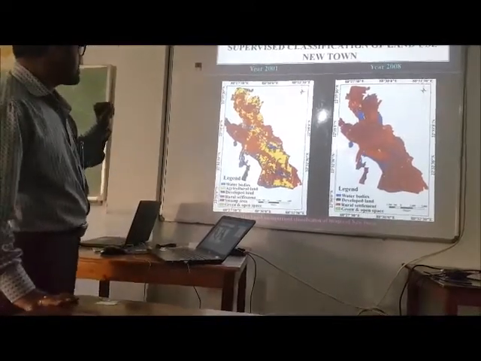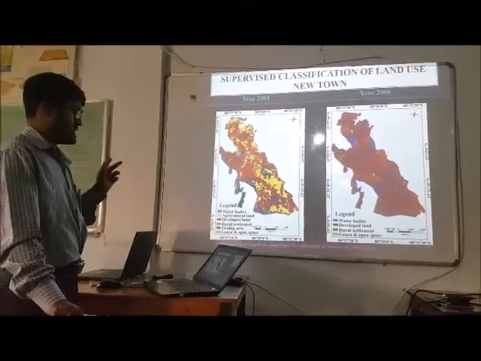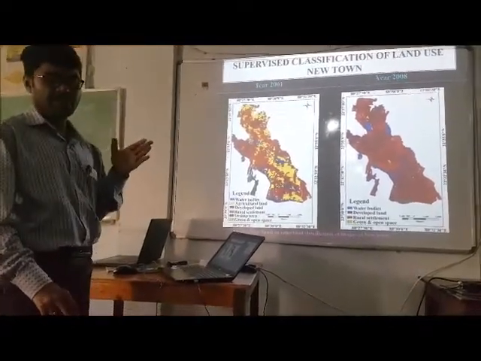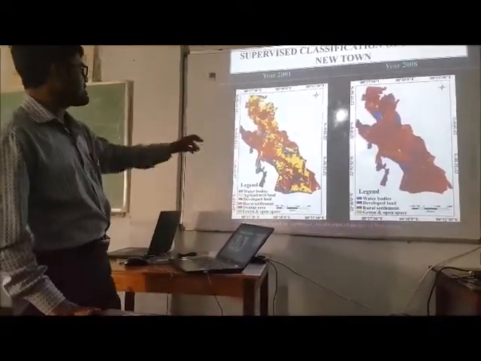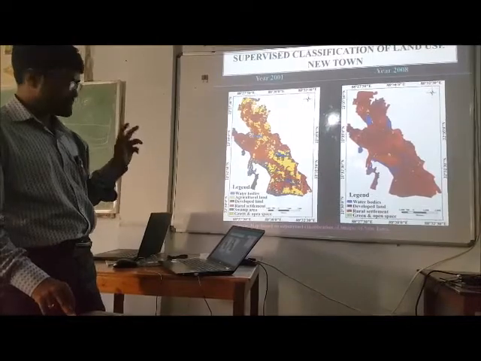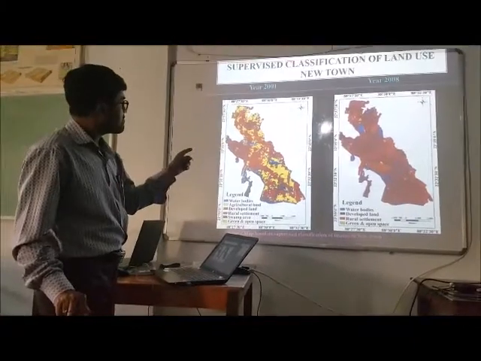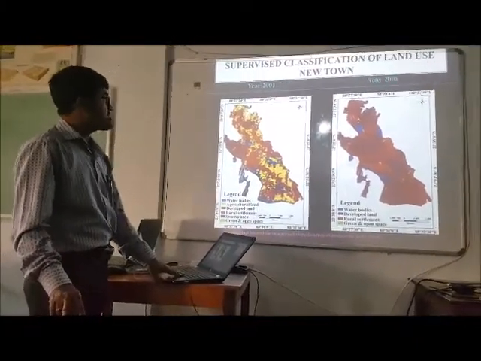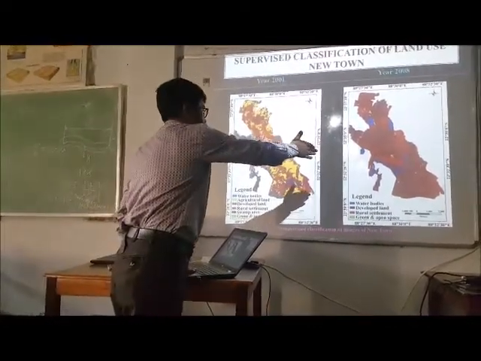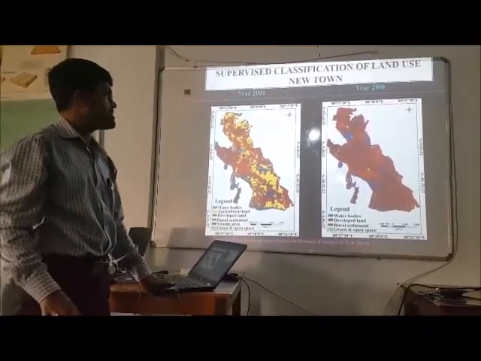Here, the acquisition of land for the urban area started in the year 1993, and after the acquisition, construction work slowly started, and in the year 2008 it is visible in the image that the agricultural land has vanished.